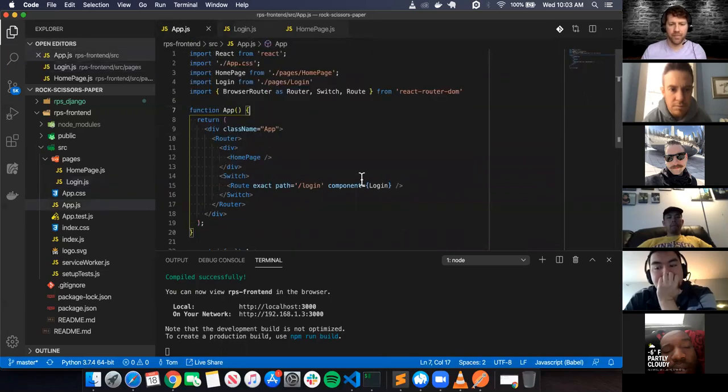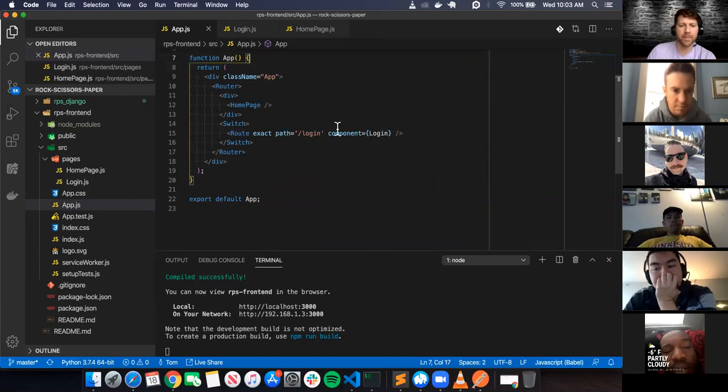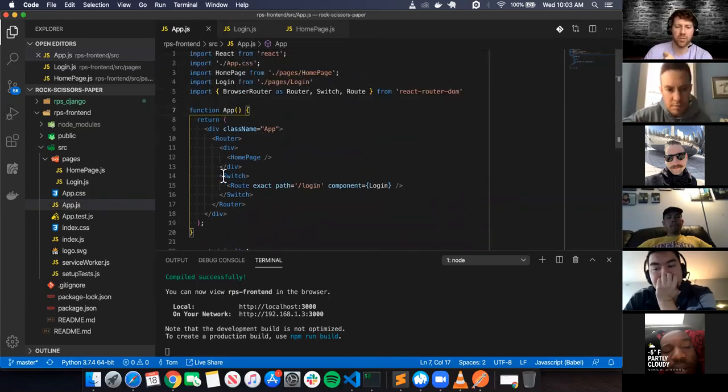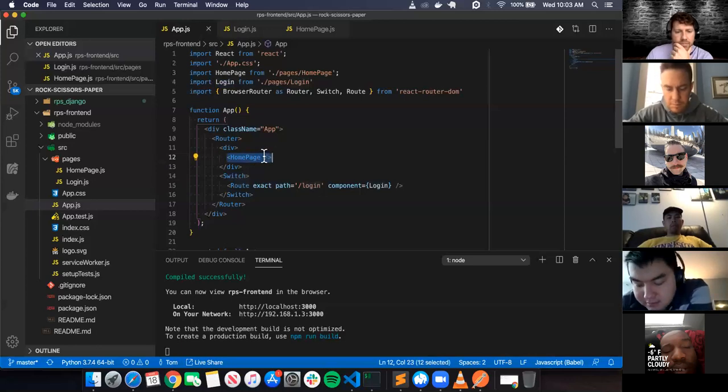All I did was create, in the highest level of my app, in my app.js, similar to what we did in new site, I have my routers, which will handle my switch statements, and then my route tag, which, going to this specific route, will render this login component. Every page will automatically render the home page as of right now, because it comes into here within my router, renders the home page automatically,